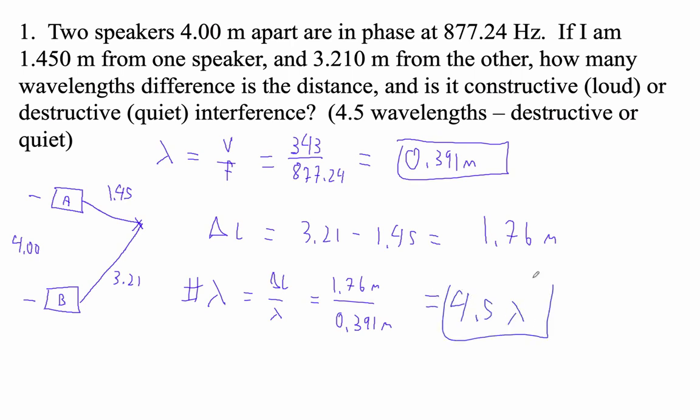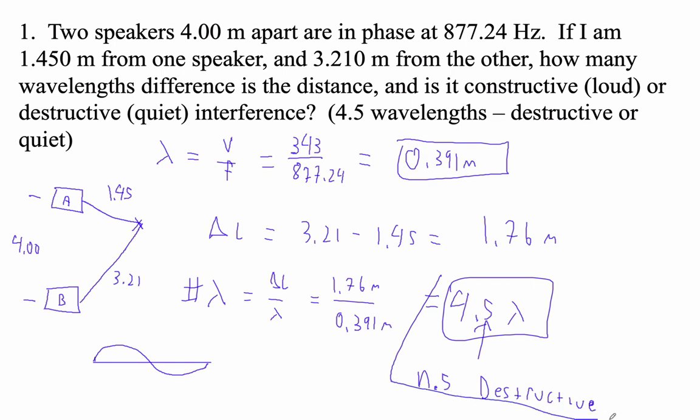wavelengths difference. Okay, now if it's some integer plus 0.5, then that's destructive, because when they're half a wave off from each other, you have destructive. Having a hard time with that, right? Remember, a whole wave looks like this. Whoops, looks like this. Okay, this is the whole wave. If you're half a wavelength off, then this is coinciding with this from the other wave, and you get destructive